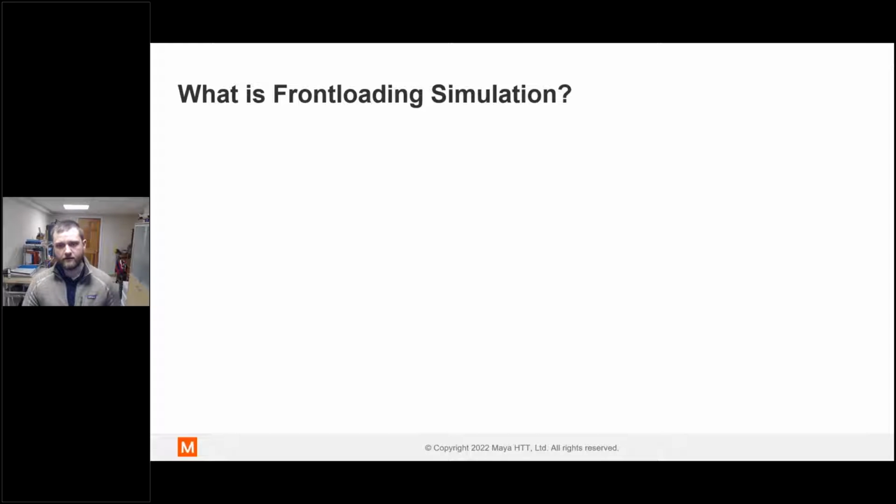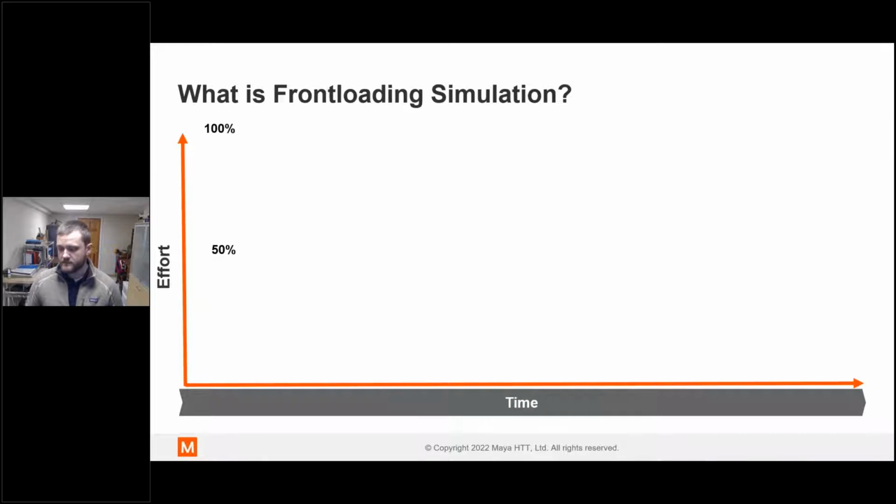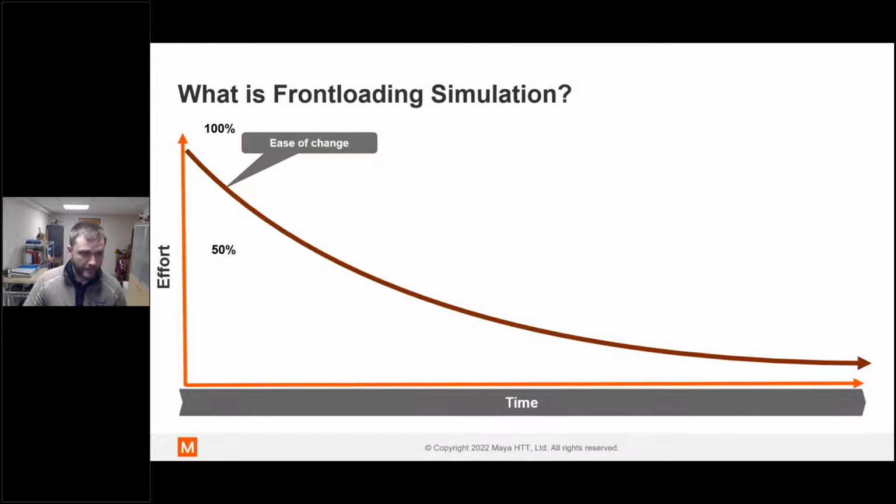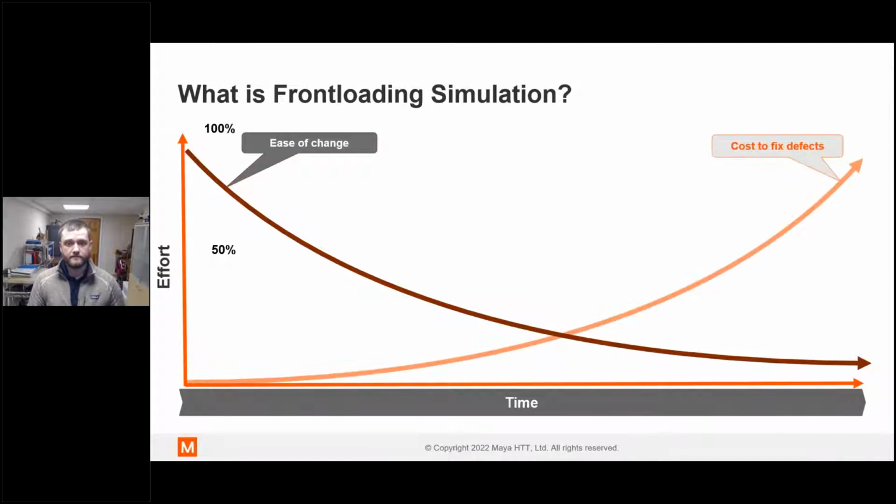So what is front-loading simulation? If we look at the design cycle and the time it takes to create a product from a white sheet of paper to a prototype and then something on the market, there are certain levels of effort depending on what we're trying to do. Early in the design cycle, the effort to make changes in the design is relatively low. And that's great. However, as the design progresses, the cost to fix defects is much, much higher.